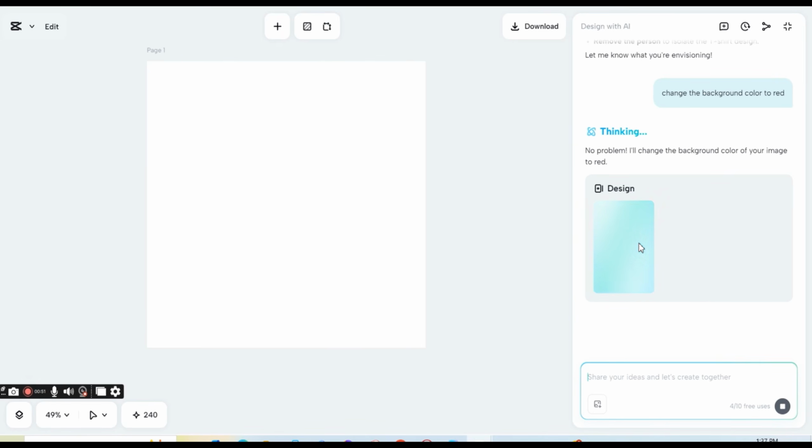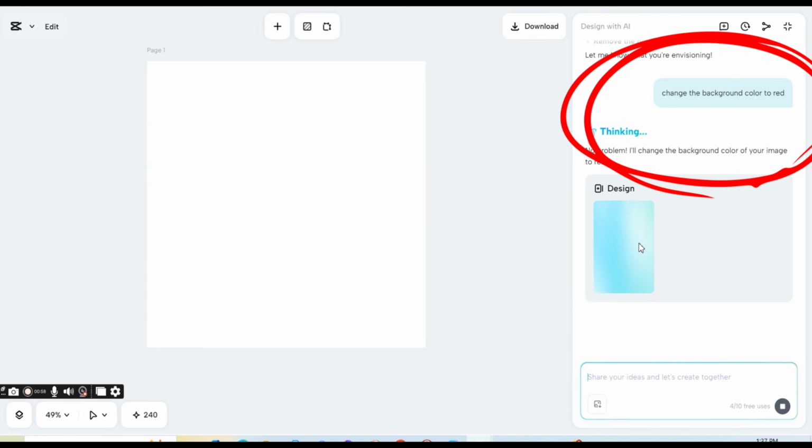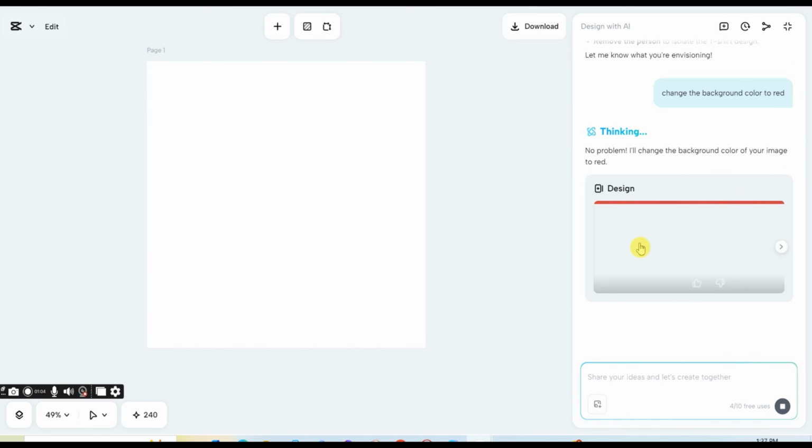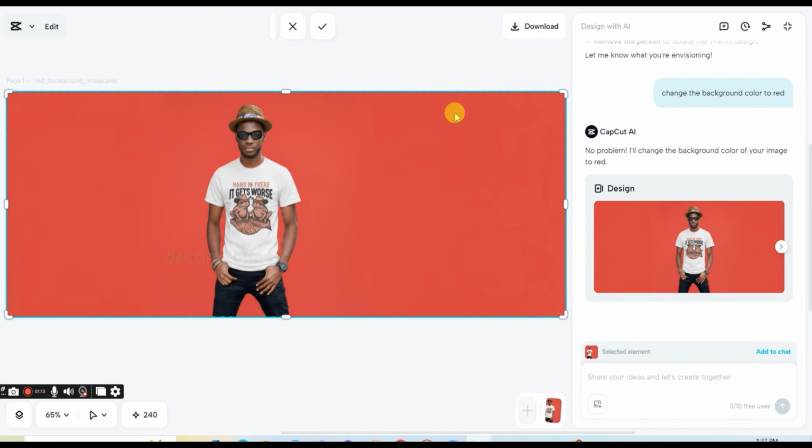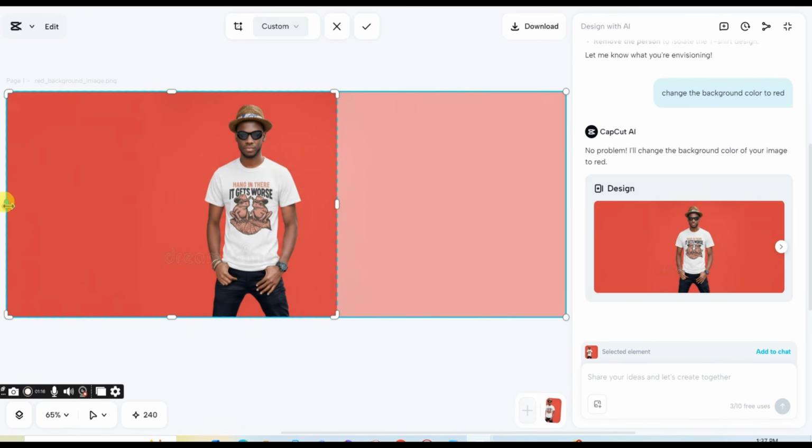Now let's change the background color to red. I asked the designer to change the background color to red, and it instantly changed the background as requested. And now I'm going to use the crop tool to crop the image like so and press on the check